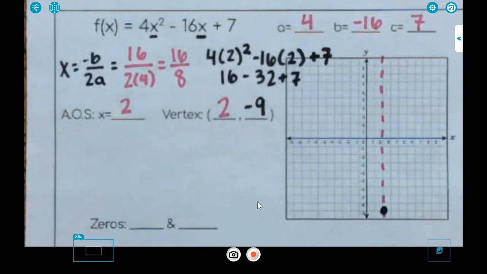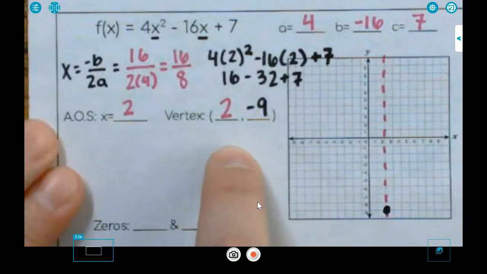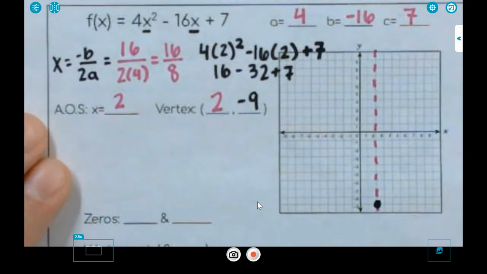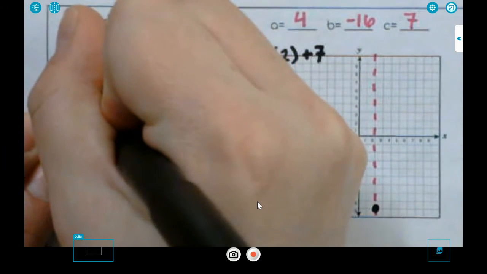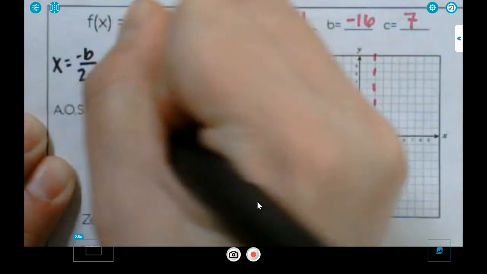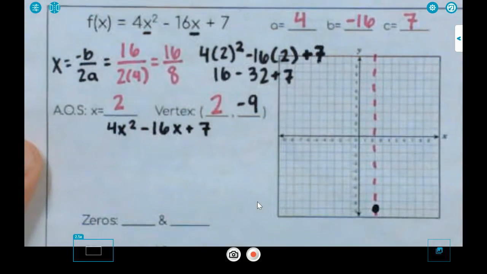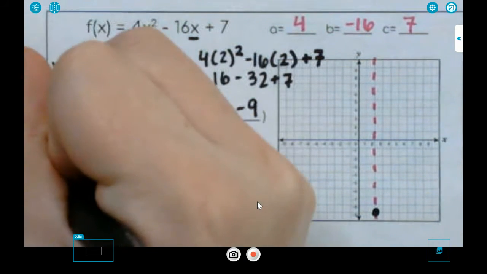I'm going to rewrite my problem right here. I'm going to write small. If on your assignment you need to do work on a separate sheet of paper, you are more than welcome to do that and turn that in with your assignment. We've got 4x squared minus 16x plus 7. That is just me rewriting the problem. I'm then going to draw my x over here